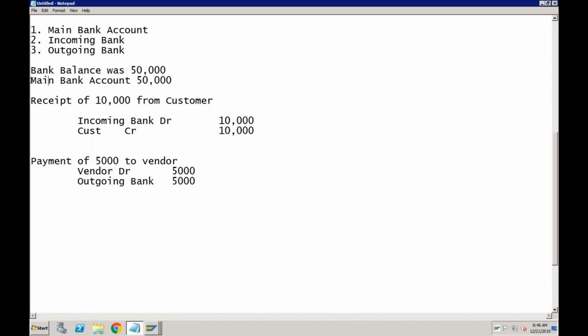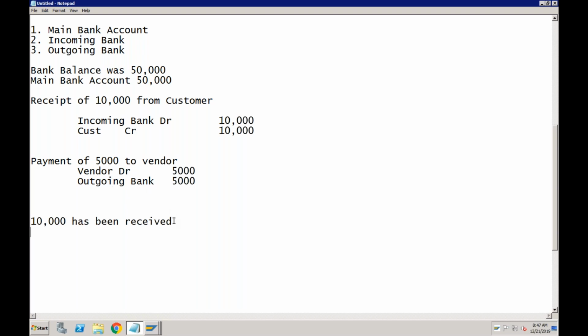Main bank account means this is a bank account which will be always reconciled with bank balance. So after these two transactions, if I get a statement from the bank that this particular transaction has been completed, so 10,000 has been received, but there is no transaction done for the payment, the vendor has still not submitted the check.